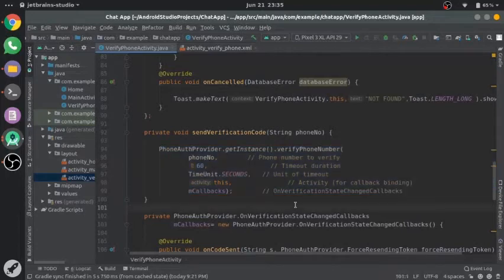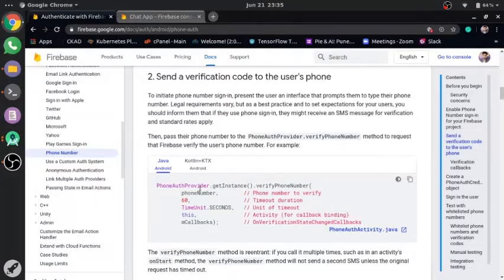Now we have passed this mCallbacks when we are calling this PhoneAuthProvider.getInstance().verifyPhoneNumber. Okay, so we have to instantiate this object mCallbacks, and this is our third step.